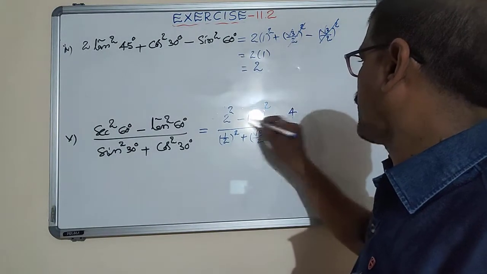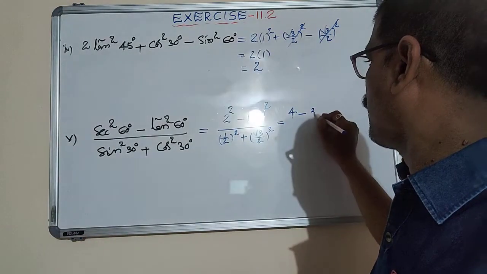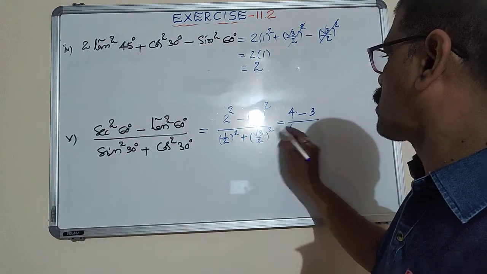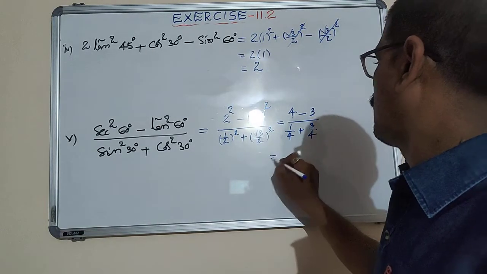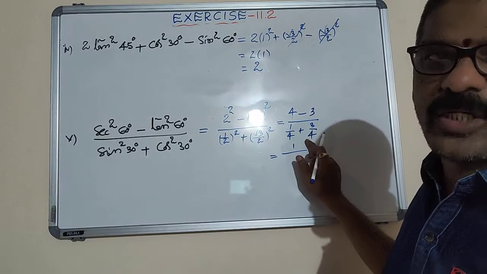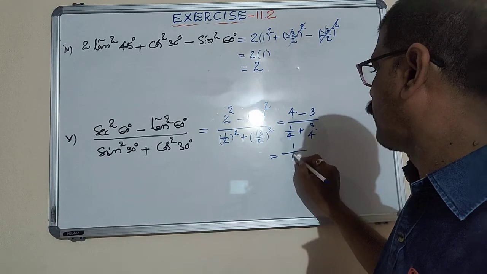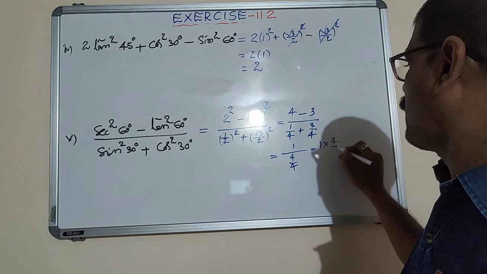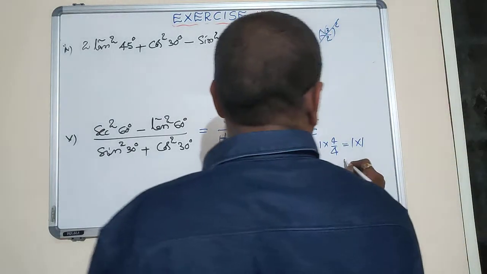You can write it: minus root 3 whole square, the square is cancelled. It will be 3 whole by 1 by 2 whole square, which is 1 by 4. Root 3 whole square is 3, by 2 square is 4. That is equal to 4 minus 3 is 1. These are like fractions, so numerators must be added. So 1 plus 3 is 4. Again 4 by 4. That is equal to 1 into its reciprocal, 4 by 4. Clear? That is equal to 1 into 1 equals 1.